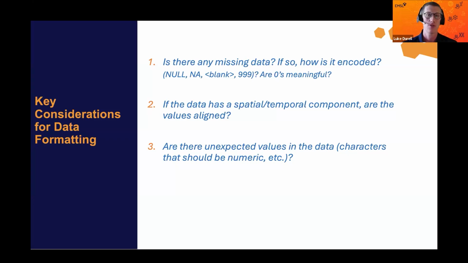Or maybe I'm interested in a grid of data points. Are they equally spaced over a grid of property, or are they kind of randomly spaced? Different methods are going to apply to these different cases. Typically, the more aligned and the more equally spaced you can get things, the easier it's going to be for yourself. And then lastly, just identifying if there are unexpected values in the data, characters that should be numeric, et